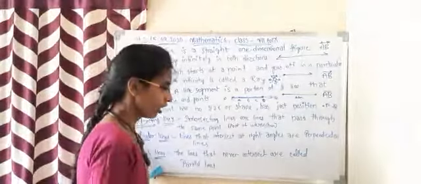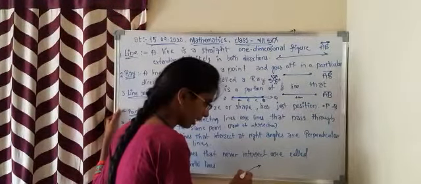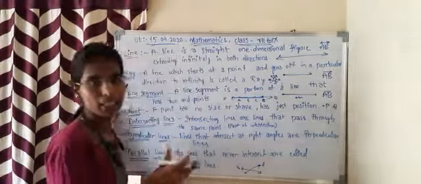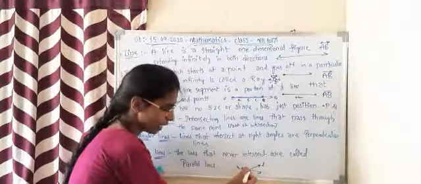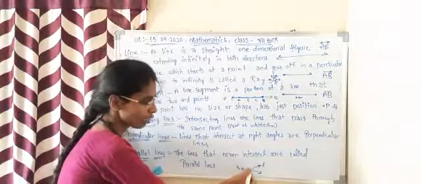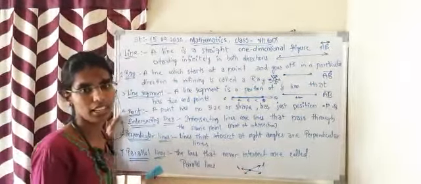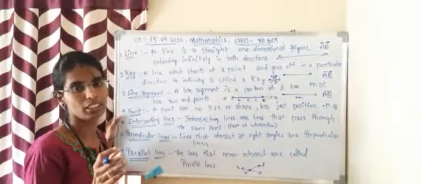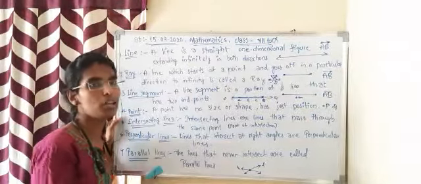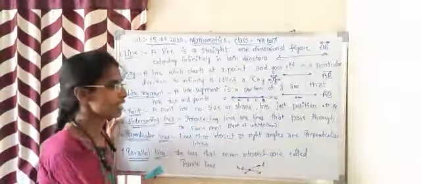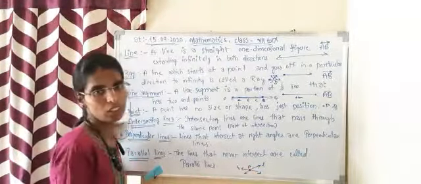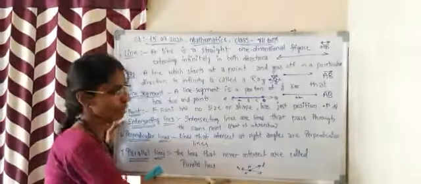Intersecting lines. Now, this is a line L and this is a line M. The lines are meeting at one point here. Such lines are called intersecting lines, and this point is called the point of intersection. The position where two lines meet at a point is called a point of intersection. Intersecting lines are lines that pass through the same point. Assume it as P. Therefore P is the point of intersection, and L and M are the two lines.